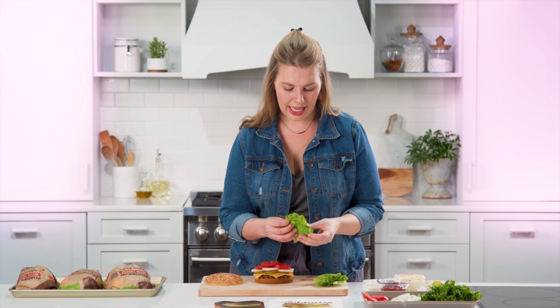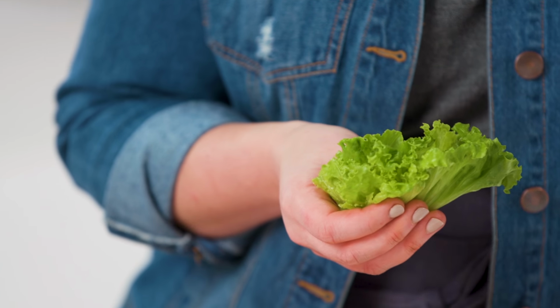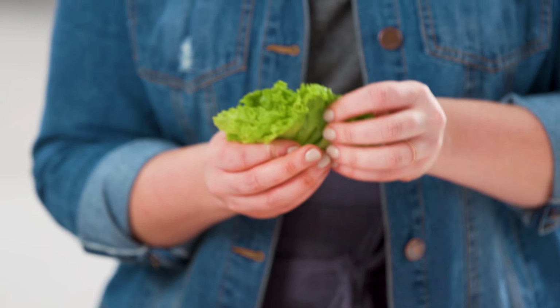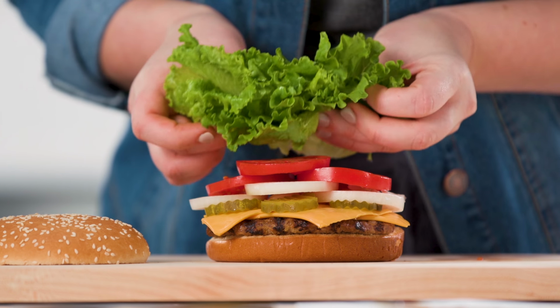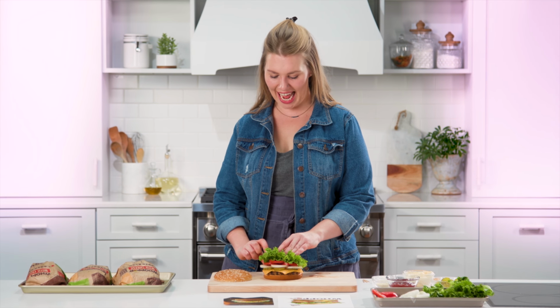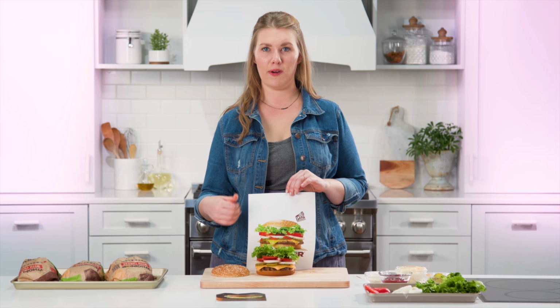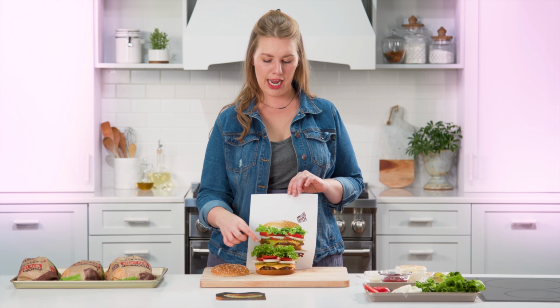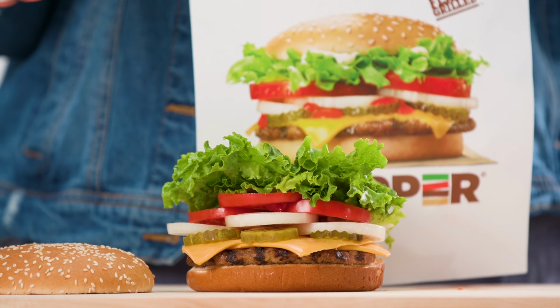have is like, ho-hum. The lettuce is very layered, which is where a lot of the volume comes from in the burger. So we're just gonna take these smaller pieces and layer them so it looks like there's a lot of lettuce. Okay, so I've got my really awesome lettuce fan stack situation. I'm gonna take my toothpick and just stick it right down in the middle, and that's just gonna hold it in place. It's really impressive. It adds a lot of height to the burger, and that's basically what we did here. We just layered the frilly lettuce on top. I think it looks awesome,